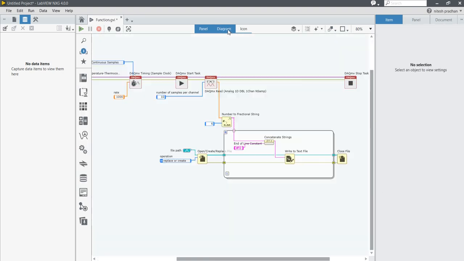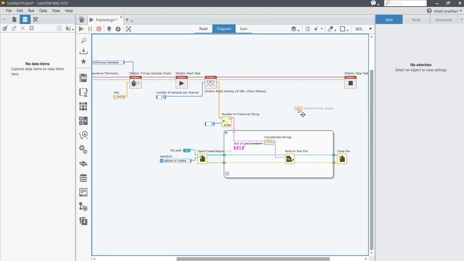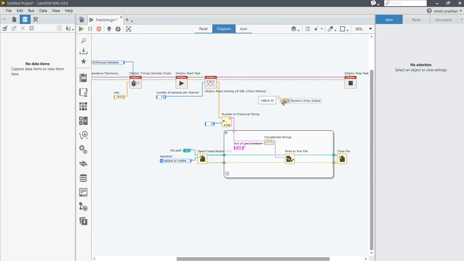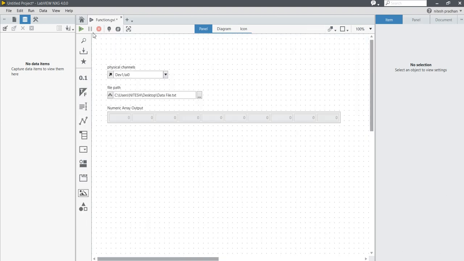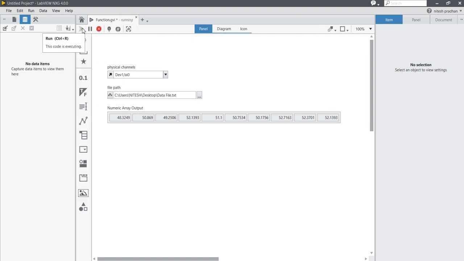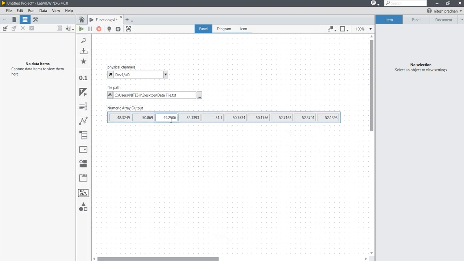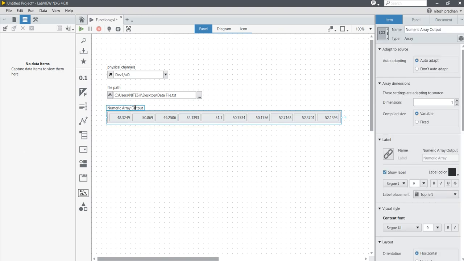Come into the block diagram, take this numeric array output, place it here and make connections. Now come into the front panel and run. 1 2 3 4 5 6 7 8 9 10. There are 10 data present. This is not data, you can say the temperatures in degree centigrade.